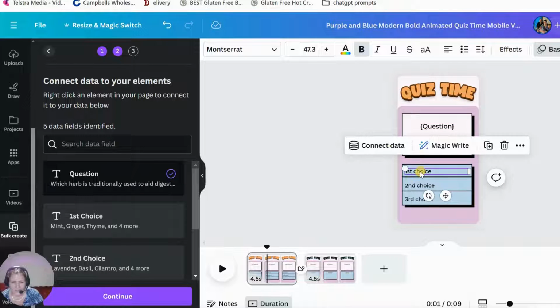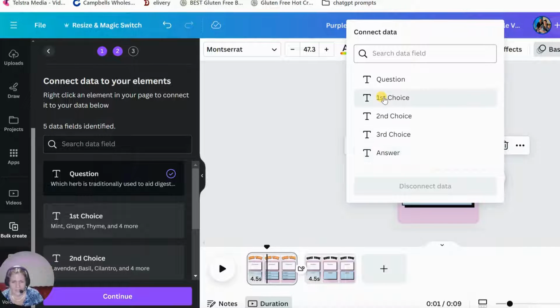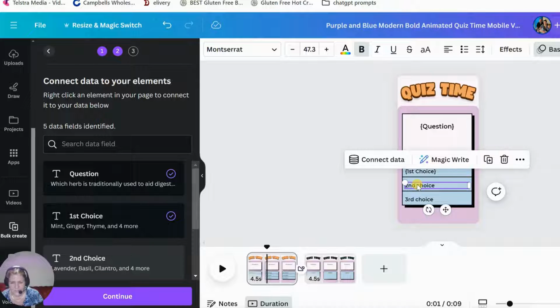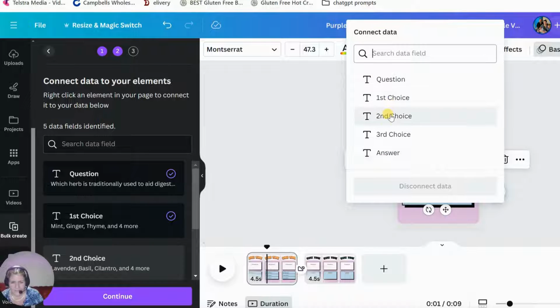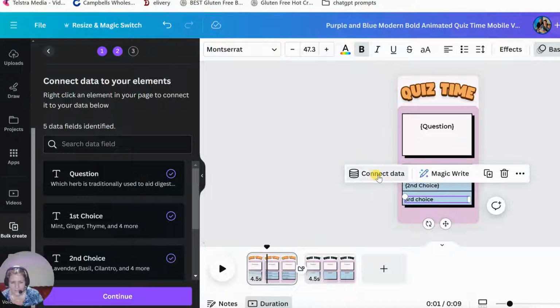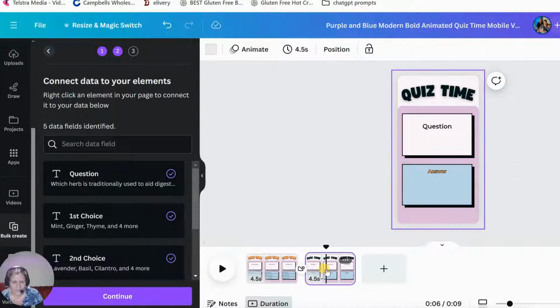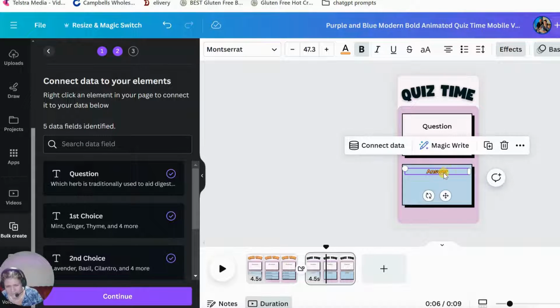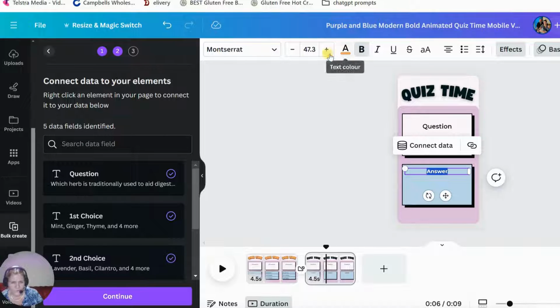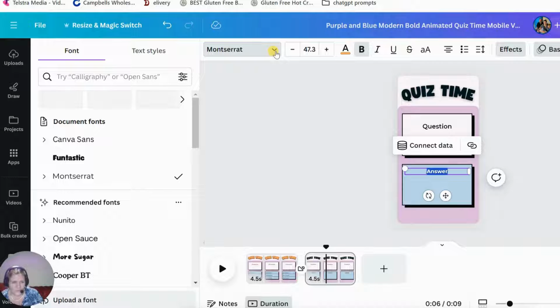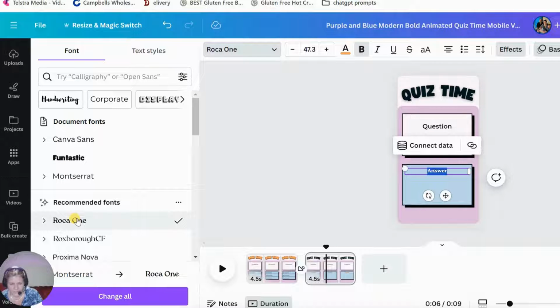So now I'm going to go to the next one, connect data, and go first choice, connect data, second choice, connect data, third choice, and I'm going to go down here and click on the answer one because we have answer. Actually this writing does not look good, so we need to quickly change that before we